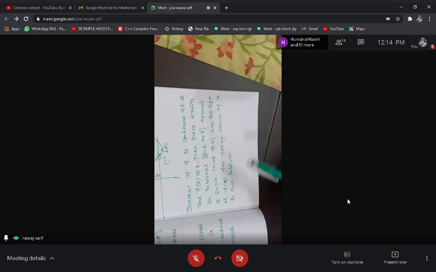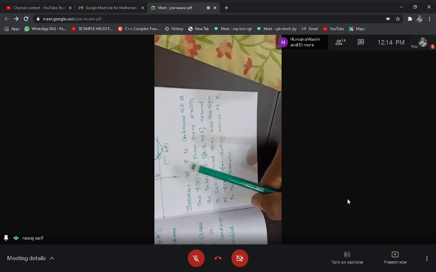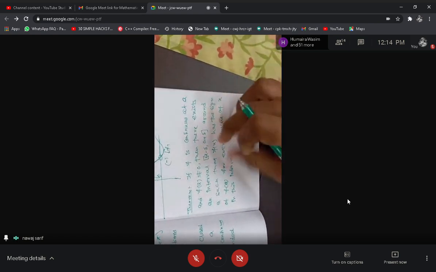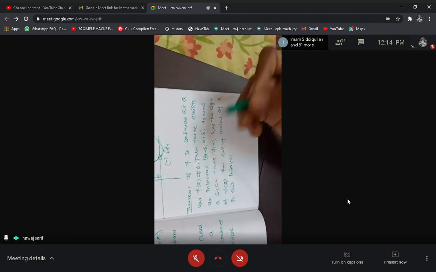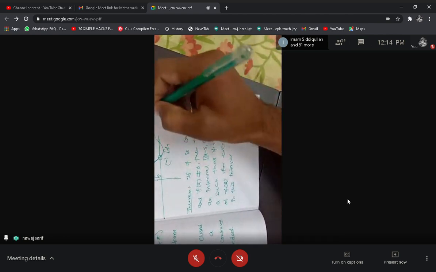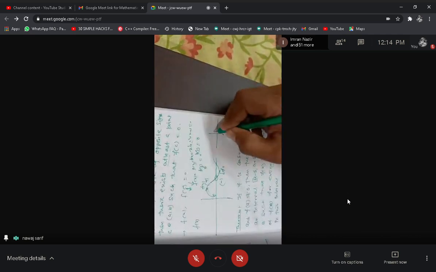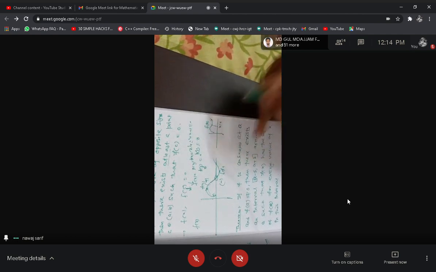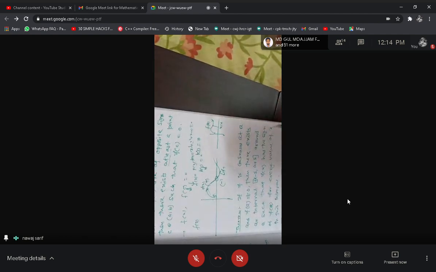Okay, just try to understand this theorem. This theorem tells us if a function f(x) is continuous at some point, say like this, and this is a point a, and this is f(a), and this point is x equal to a, then if f(x) is continuous and f(a) is non-zero,